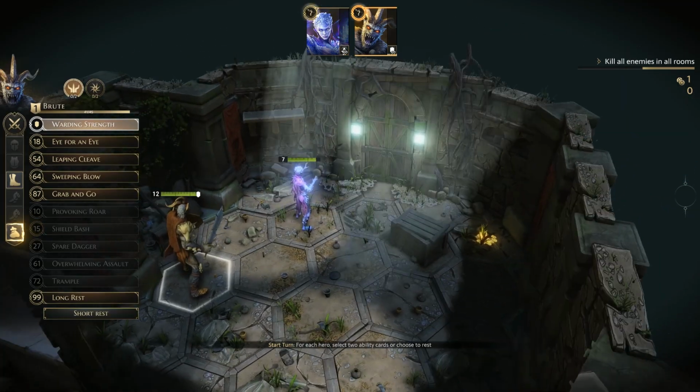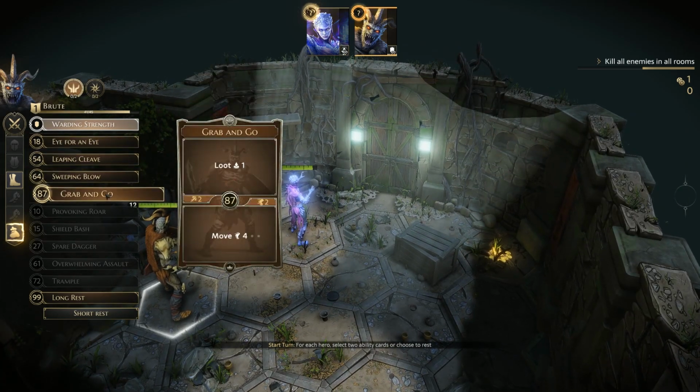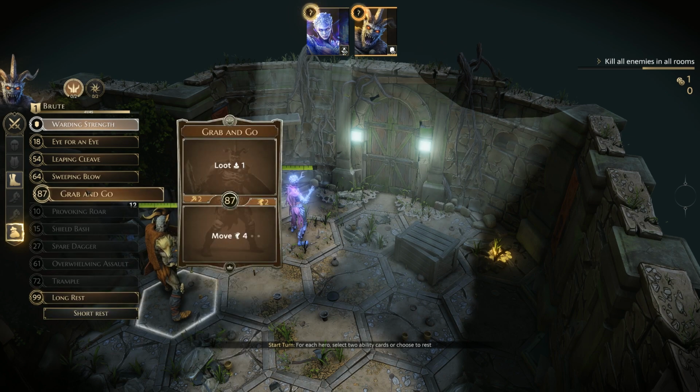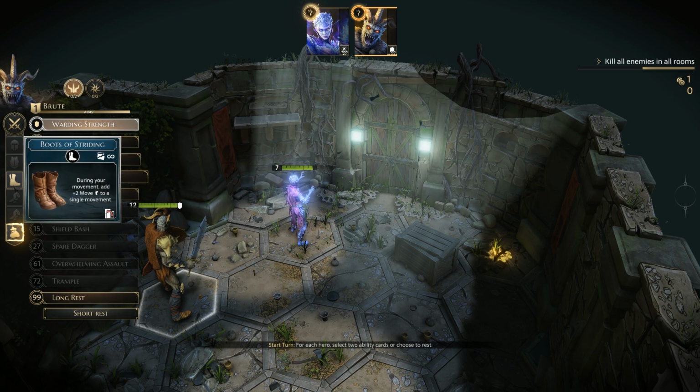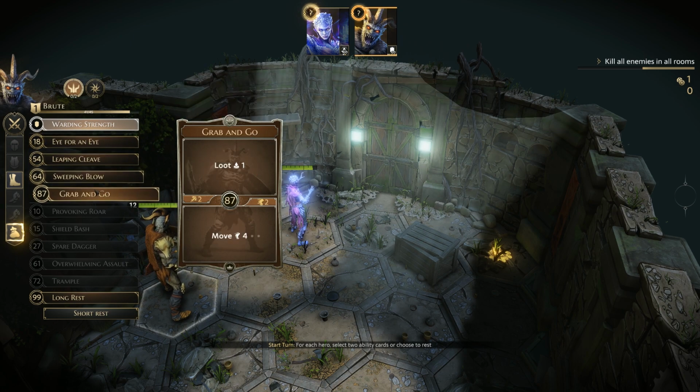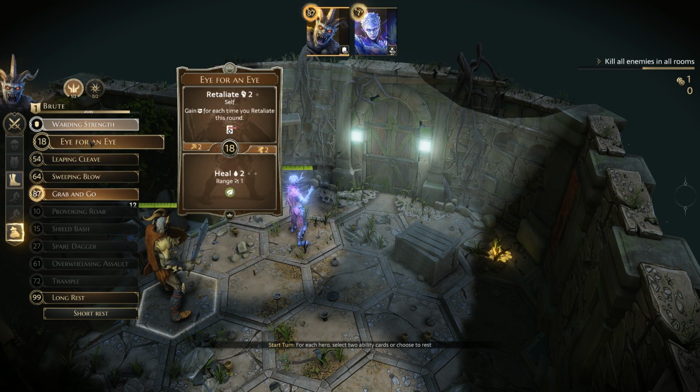So end the round. Back to the top, we have 4 cards left, so no point in a long rest at the moment. I'm not going to do a short rest either. We just need to move as far as we can, and we're going to say probably, where is it? What's the first we can move is Grab and Go, which is 4. We'll do that, and then we'll also do, I think,